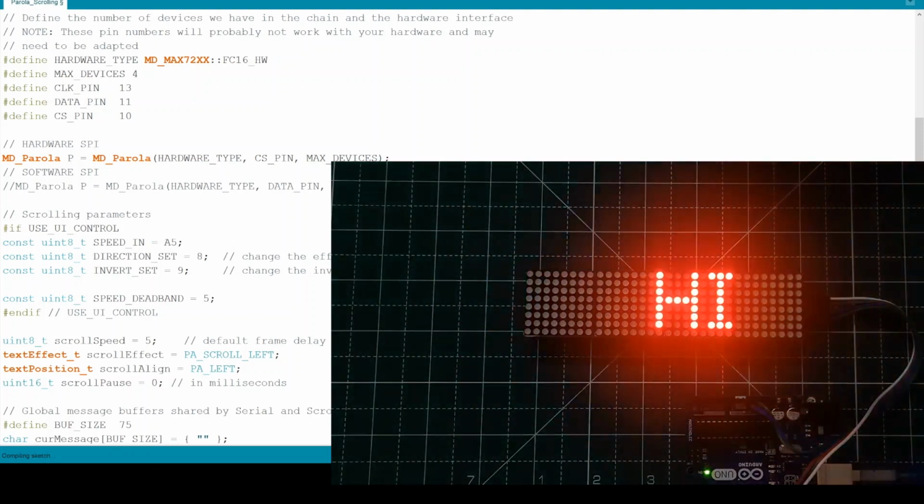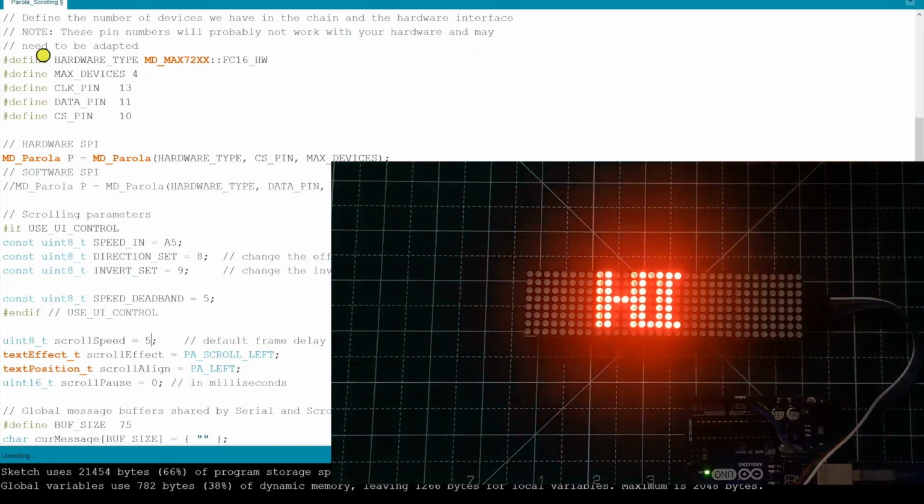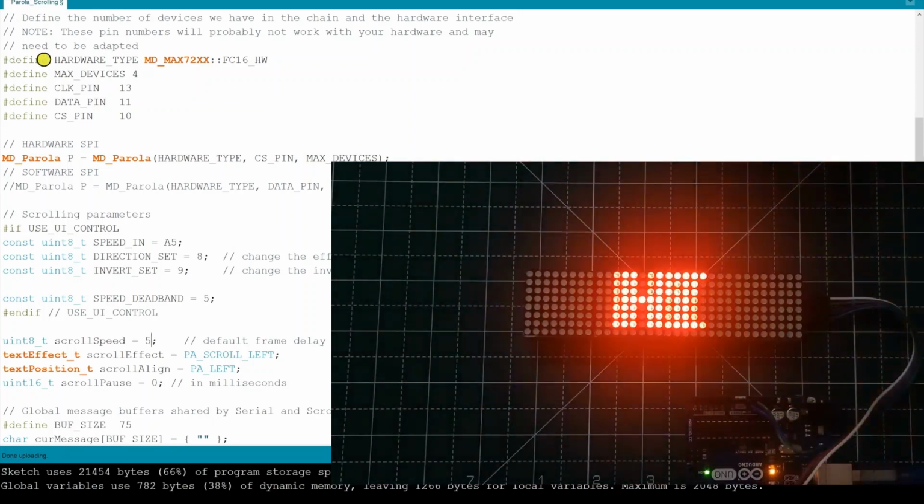Now try to upload it. 5 is a very high speed. I think you can't even read the word properly. We'll see. Now it's uploading. Yeah, you can see how fast it's scrolling.